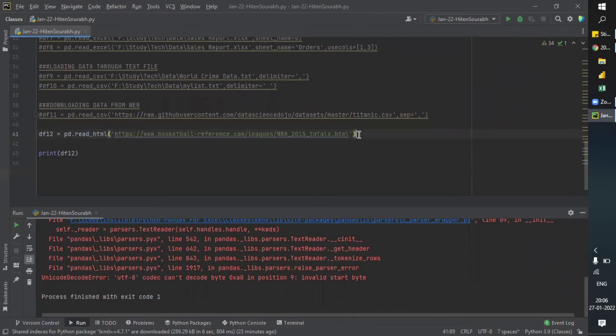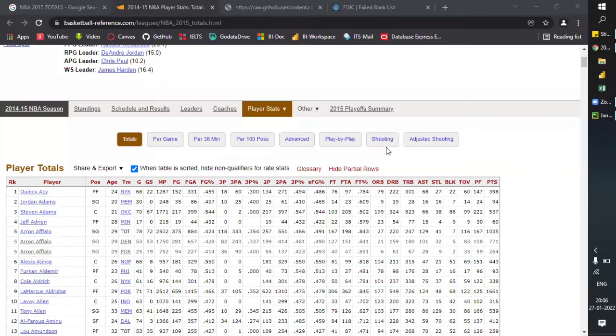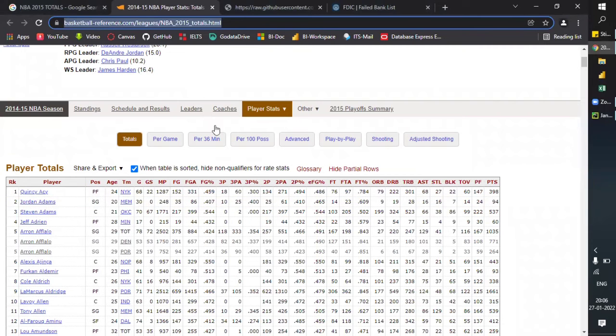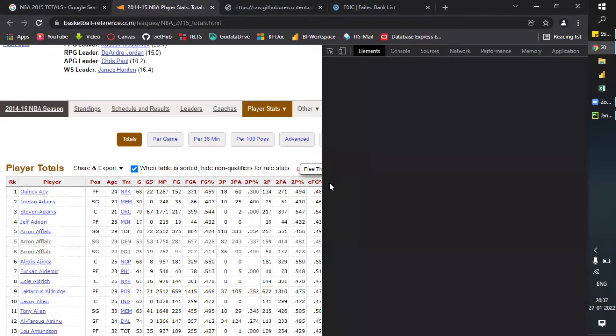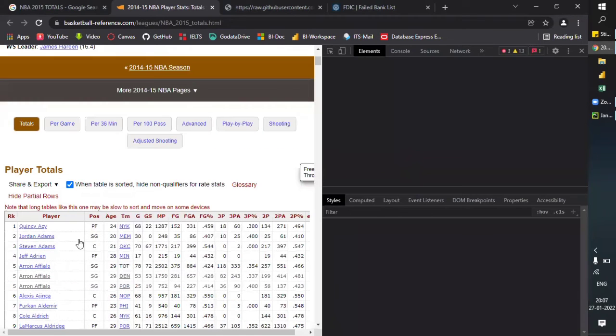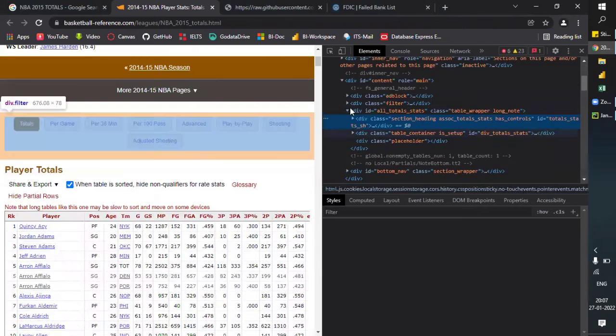Okay, now what we'll do, the tables have a particular length assigned to it on the web page. If you right click, inspect, these tables are defined by table tag.